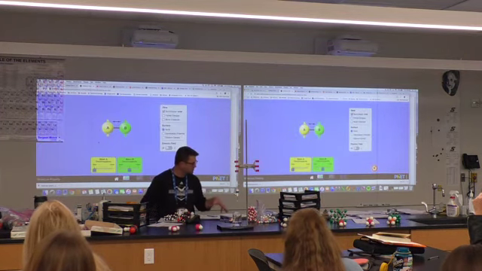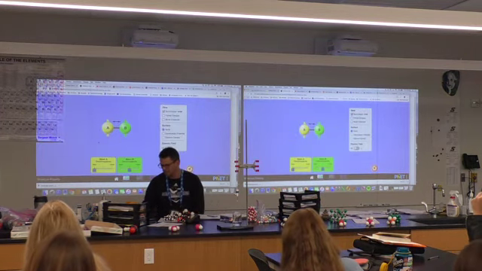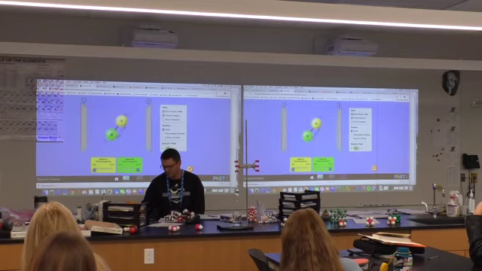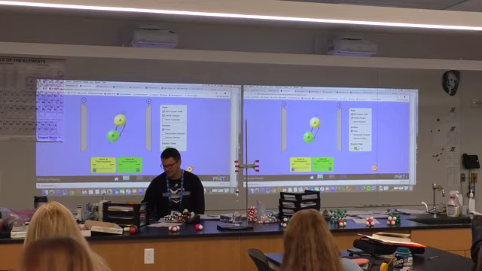It's going to tell you what to do and how to manipulate things, but you can move this around, you can see the partial charges, you can make the difference in electronegativity greater, you can turn on the electric field. So if it is polar, that means it has a negative end and a positive end. And if it has a negative end and a positive end, it's going to line up with the electric field,